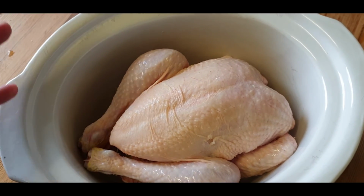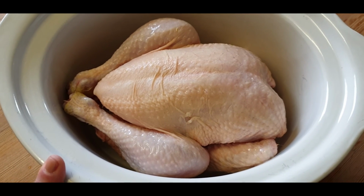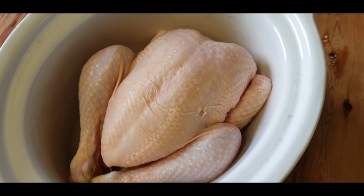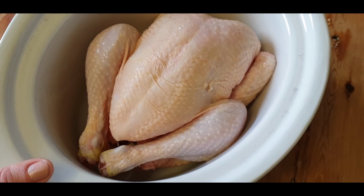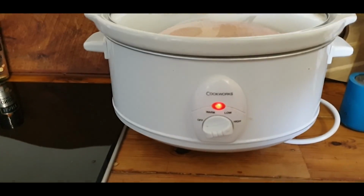The meat will be juicy and tender and so delicious. And then when it's cooked, all I'm going to do is shred that meat up, and then I'm just going to pop that in a little tub in the fridge to make dinners and lunches for the next few days ahead. There we go, let's whack that on high, and then let's go and have a little look around the